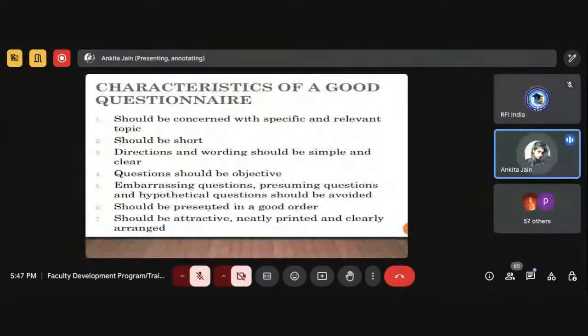Now, if we talk about the characteristics of a good questionnaire, it should be concerned with your specific and relevant topic. Whatever topic you are taking, whatever variables are there, they should be included in this. It should be short. It should have some directions, and the wording should be simple and clear. Then questions should be objective type. Mostly you can keep questions close-ended so that you can